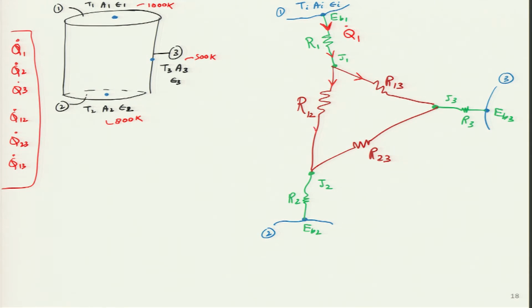It will then split into two branches over here. When it flows through this particular branch through the space resistance 12, this nomenclature will become q dot 12, this will become q dot 23. And I think we remember from last time that it turns out that on this side also the q dot value is actually in this direction.